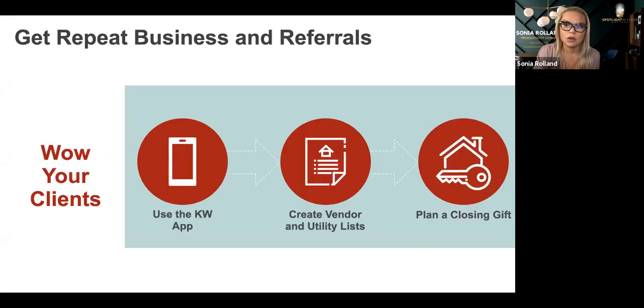Okay, so a couple of things you can do. So this is kind of like what Yolanda, you were saying, like, what do we tell them? Is that something we can use? So these 3 things, even though it's very simple, are actually a really, really great way to show your clients that you're good at what you do. So A, using the KW app. I said this yesterday on one of the calls, but JD Power has a customer satisfaction study that basically says,